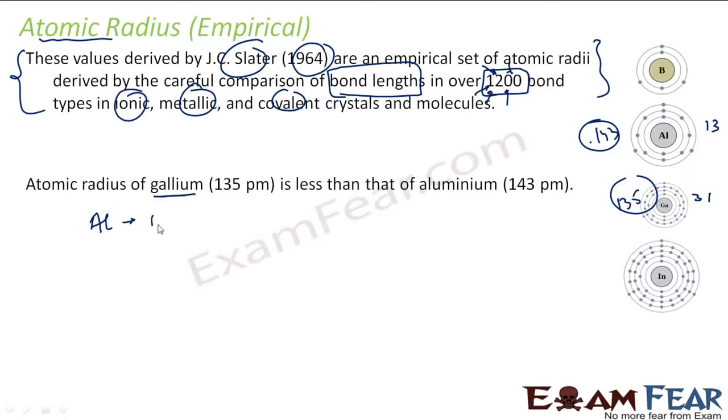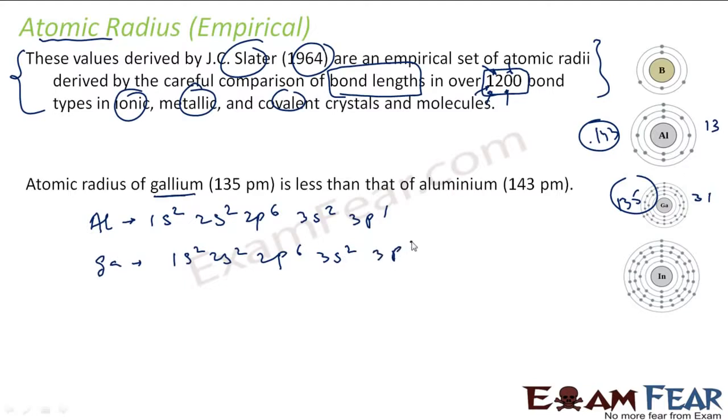It is 1s2, 2s2, 2p6, 3s2, 3p1. Let's write for gallium. It is 1s2, 2s2, 2p6, 3s2, 3p6, 3d10, 4s2, 4p1. So here you see 3d10 is there, and wherever you see 3d10,